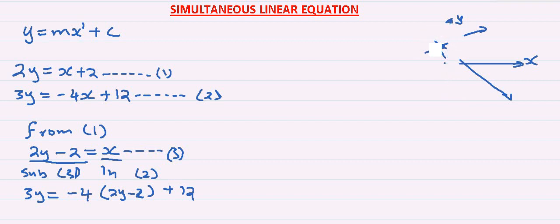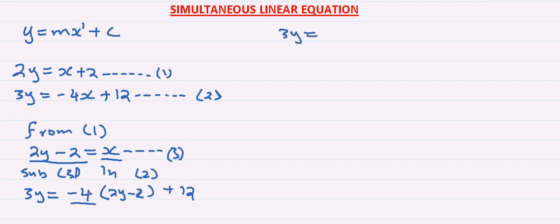So since we created our equation number 3, we have substituted correctly. Now we simplify. Everything is in terms of y, meaning from now on we must solve for y. You're going to write the equation 3y will be equal to negative 4 multiplied by 2y. Negative times positive is negative. 2 times 4 is 8. We are going to have negative 8y,